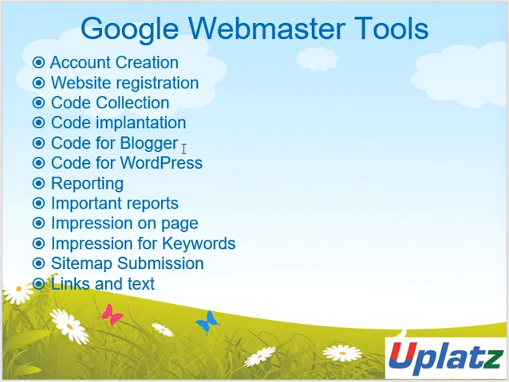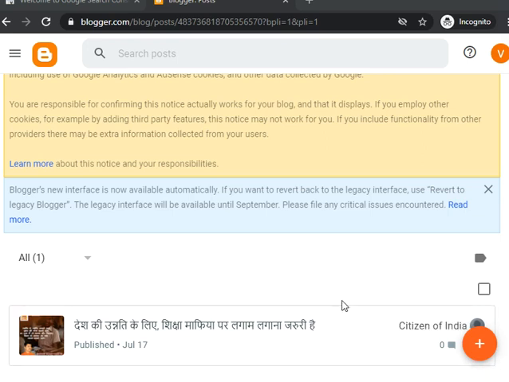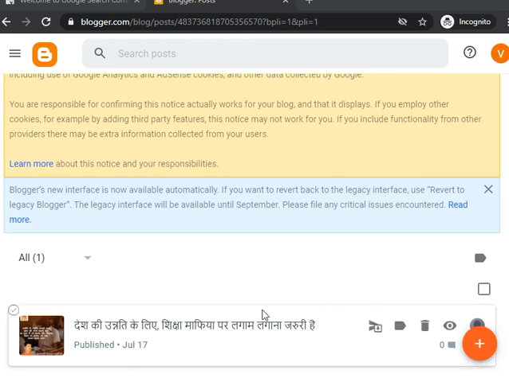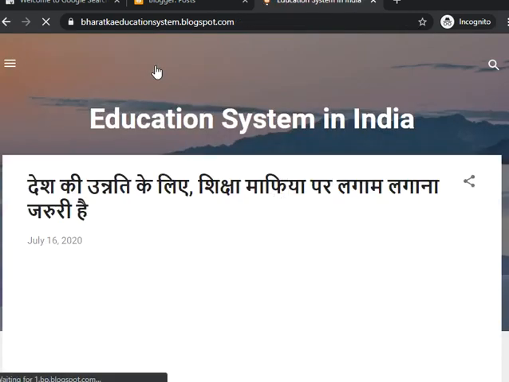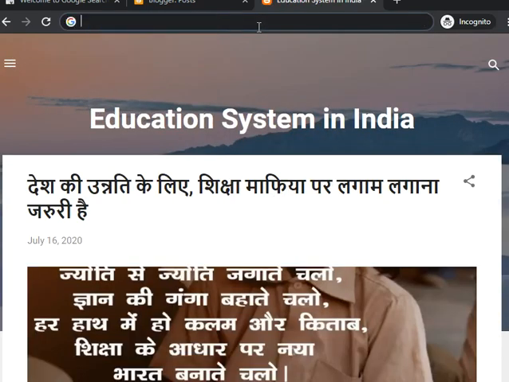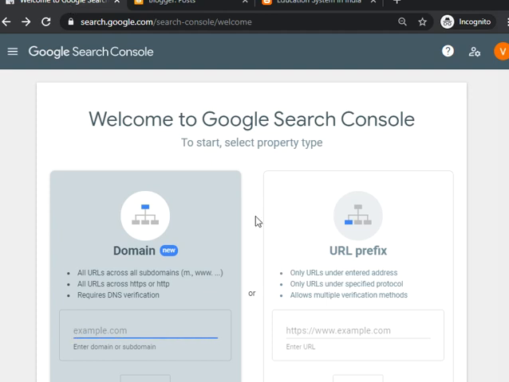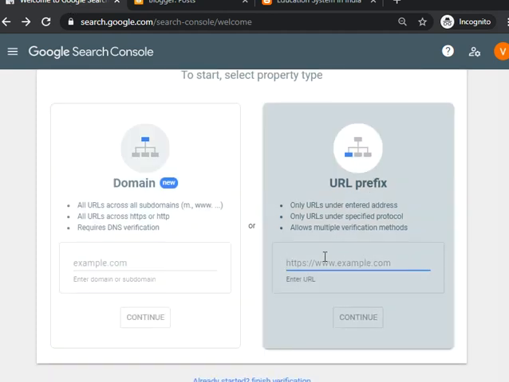As you know, Blogger is a part of Google, so it's very easy to implement the code for Blogger. Now I am going to take a blog and show you. You will face very few challenges when implementing it. I'm just going to the landing page, copying this post from here, reaching the webmaster code, and placing this.